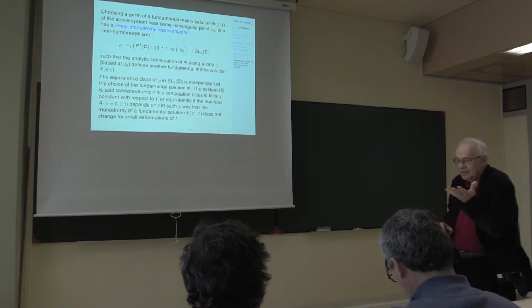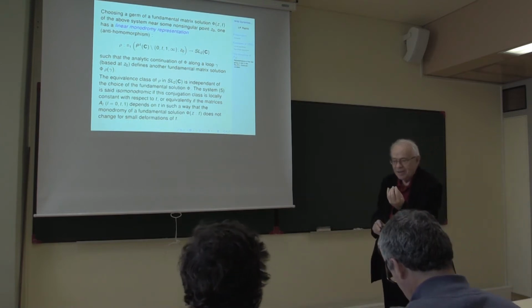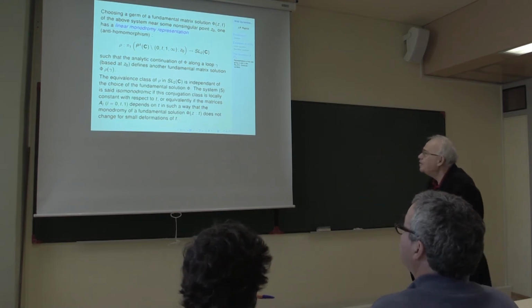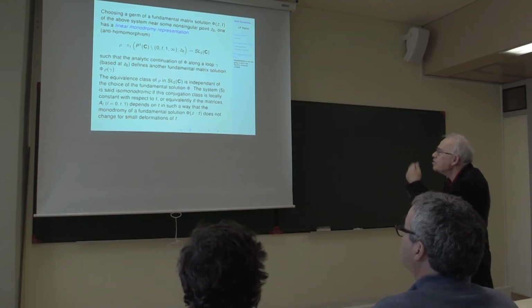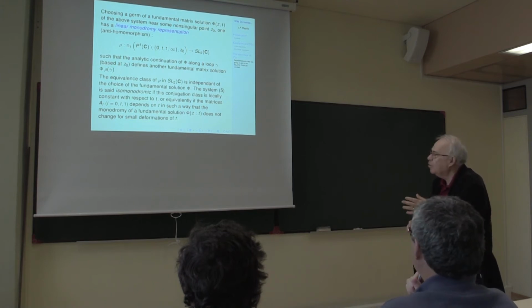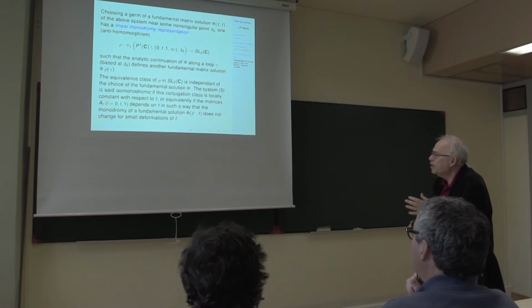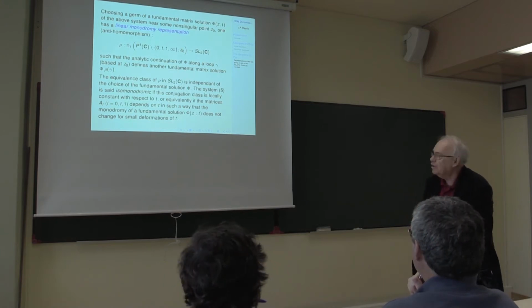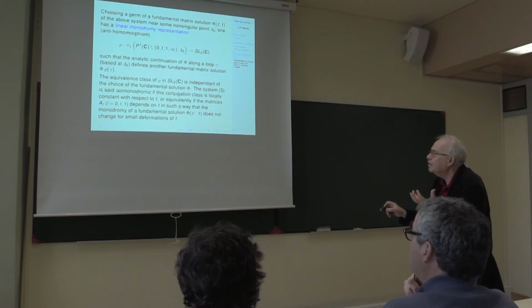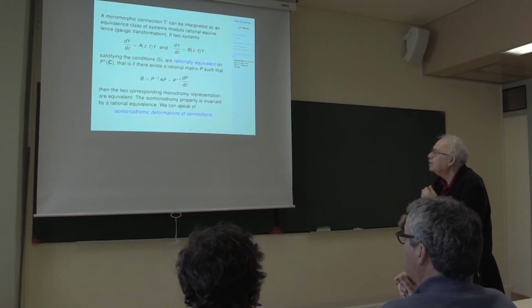Okay, then as we explained yesterday, you start from a fundamental system, you follow a path, you go back, and you get the linear monodromy transformation and the representation of the fundamental group into SL2. The equivalence class depends, of course, only on the homotopy class. And the system is isomonodromic if this conjugation class is locally constant when you move t. Okay, this is really the main idea. This is the idea of Richard Fuchs.